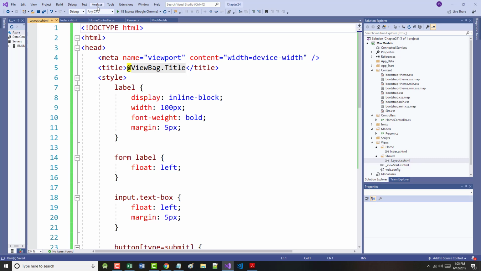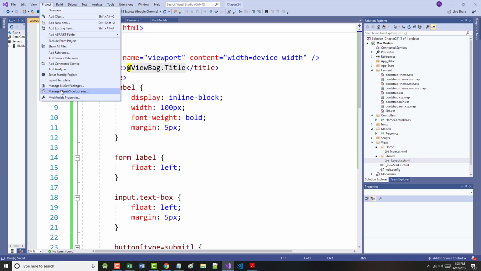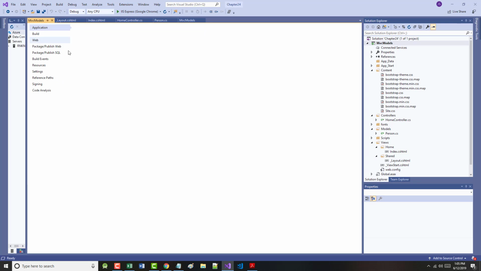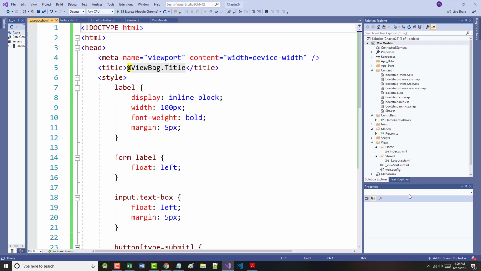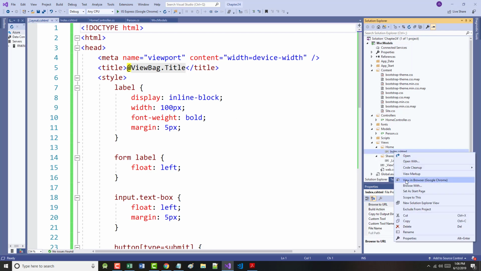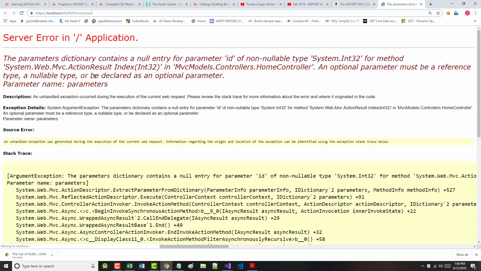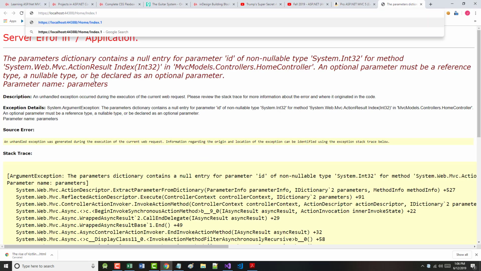Let's do our project properties, Web, Specific Page, close that. Let's right mouse click on our Index file, view it in the browser, but we will change this so that it does have